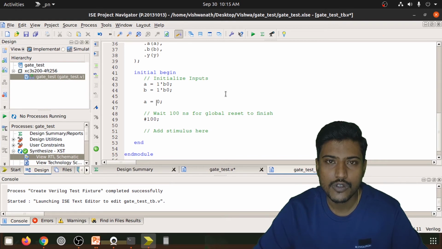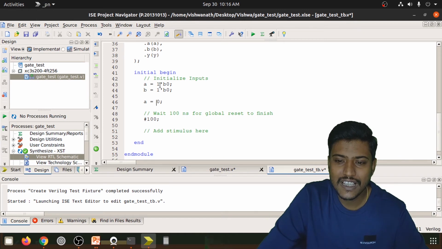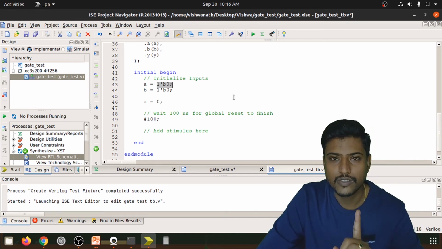I am using only 1 bit, whereas 31 bits are wasted, right? So we should make sure that we do not waste any bits. I am specifying clearly that you please consider only 1 bit format. That is why here I have taken 1 tick B0.